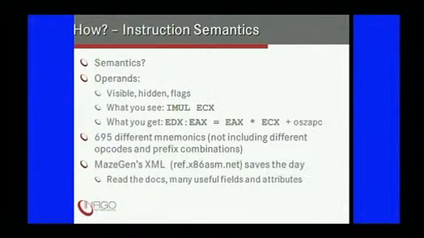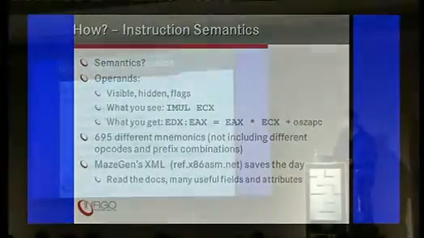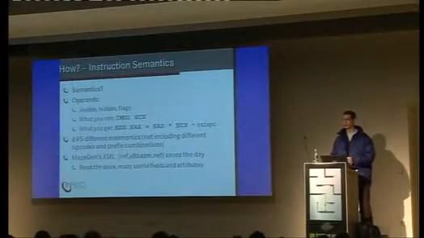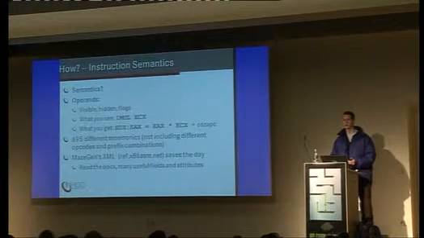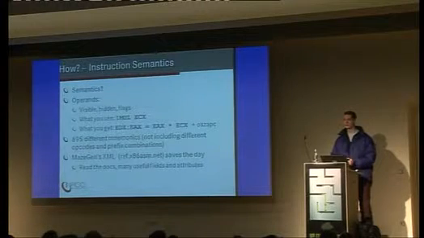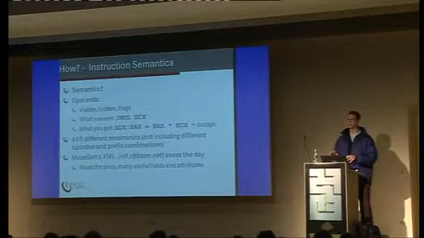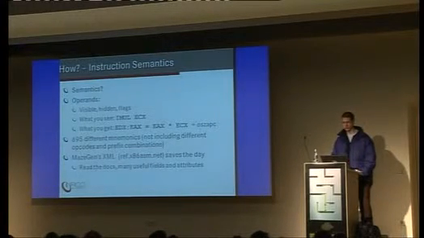This information is necessary if you want to do safe optimizations. So you want to instrument each instruction, all the data it taints, and you cannot forget some flags or other stuff. Instruction semantics is also necessary for safe dead code elimination. So if you have instructions that taint some memory that gets overwritten, you can safely remove them.